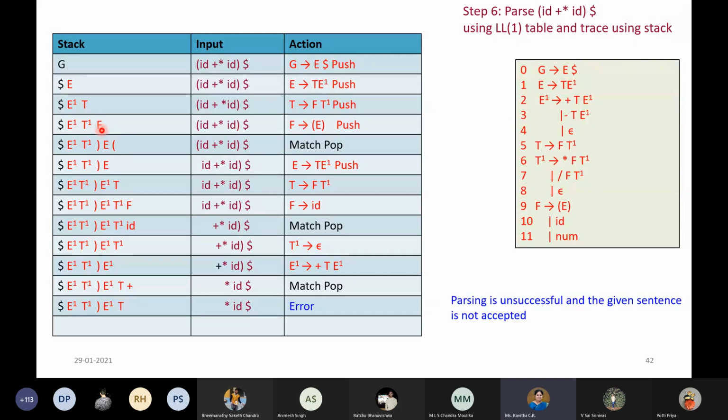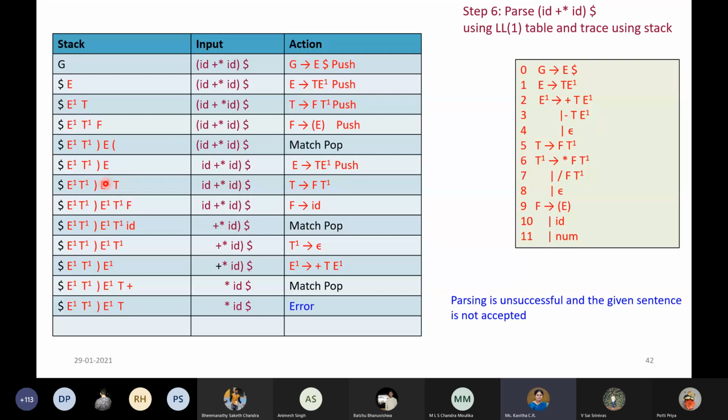So at F on open parenthesis, we would apply this rule. And then it comes over here. I have told you already, you have to put it in the reverse order. So close parenthesis E and open parenthesis, we have got this. Now once I reach this point, this open parenthesis matches with the input symbol pointed to. So open parenthesis matches, therefore we pop. Once we pop, this is left, and we move our input pointer also. So at E on ID, this is the decision taken from the table.